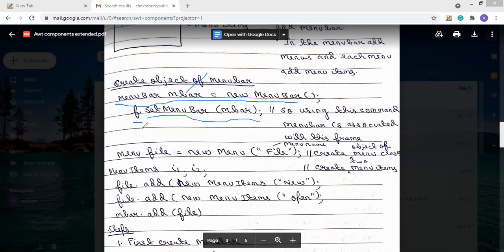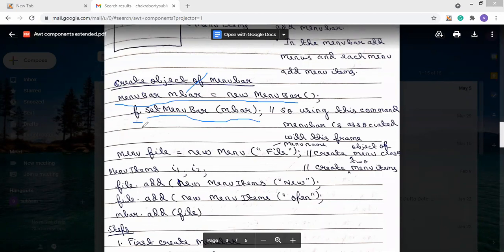So the menu bar which we have created will be associated to the frame. Okay, so now the menu bar is created and added to the frame.